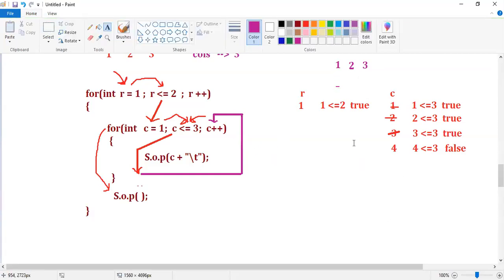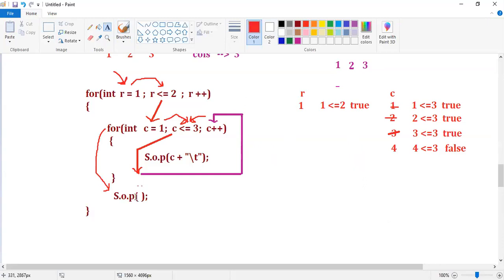Second row, because for the sake of control, it has to go to the next line. We are using SOP, guys. Otherwise, SOP is not required. Only for the sake of control has to move to the next line. Then what will control do after this?